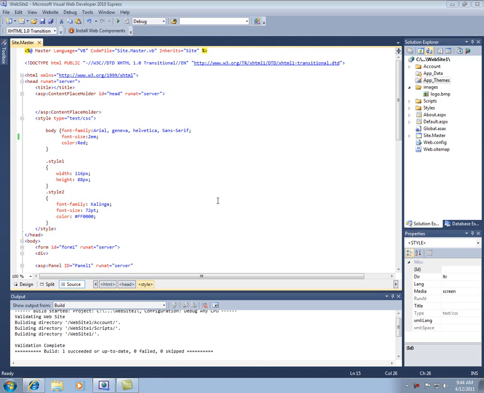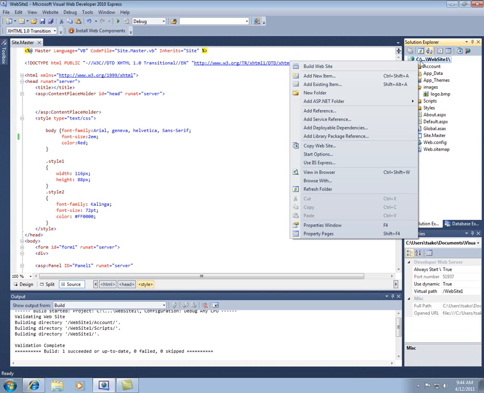Okay, so if we want to use skins and themes to control the appearance of our ASP.NET controls, the first thing we have to do is make a theme folder. Again, we're going to right-click on, I call it the website up here, right-click on this guy up here, and then don't choose new folder. We want to add a special ASP.NET folder, so choose this one, and then come down and choose theme,